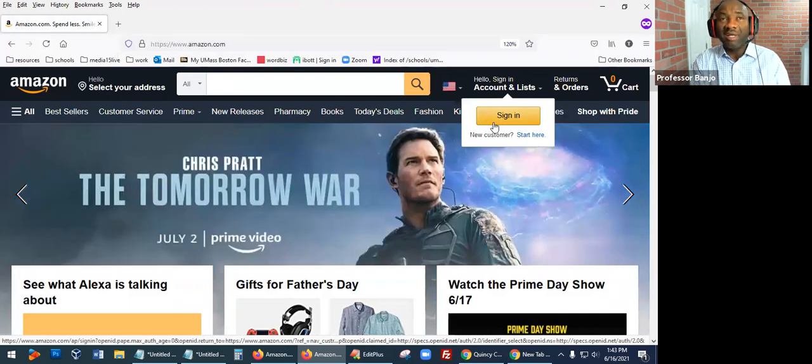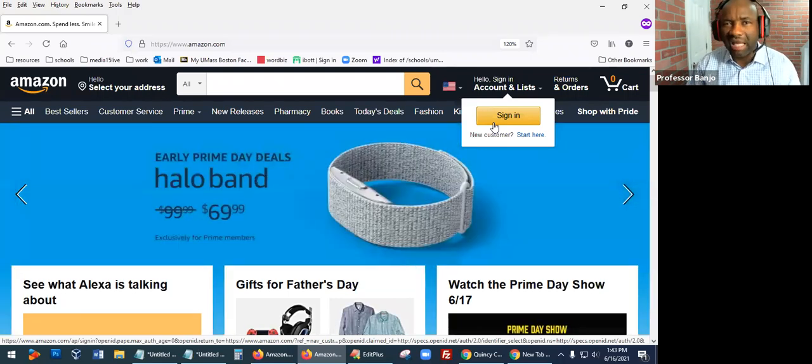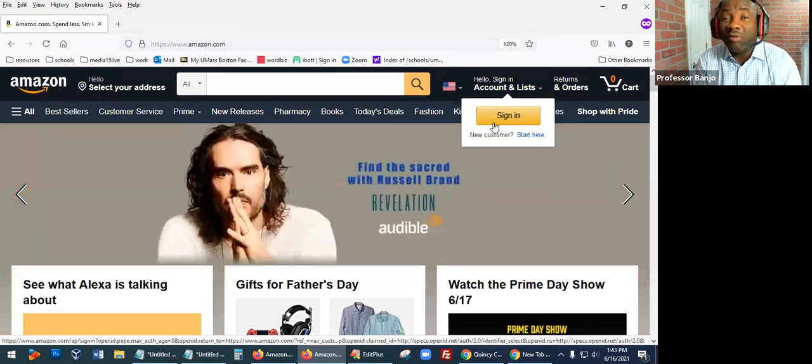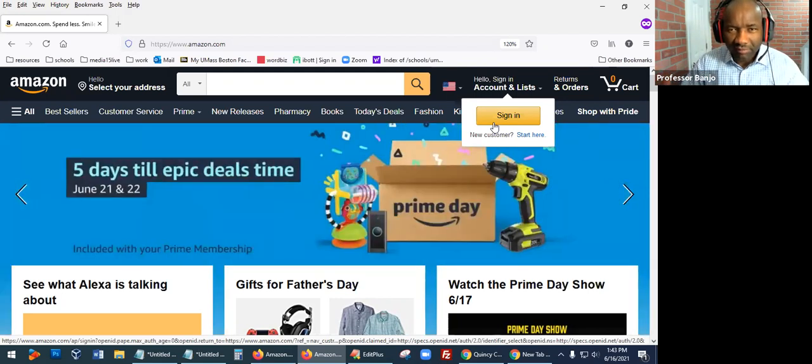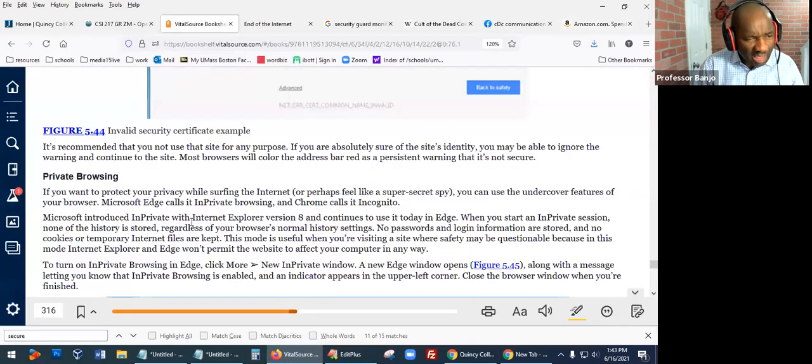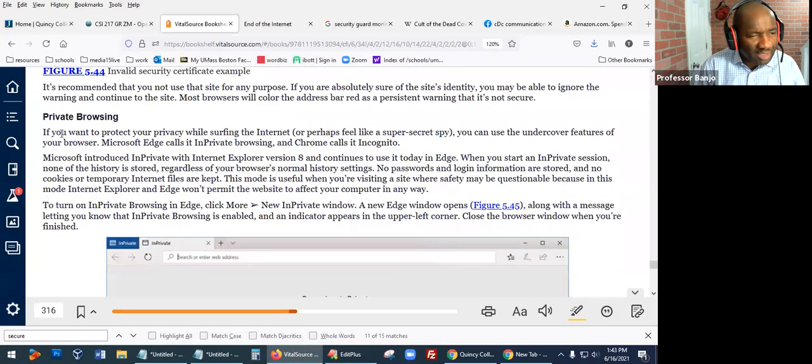So if you want to browse without your information being tracked by all these websites and advertising and all this marketing and everything, you are free to use incognito mode. A lot of times, it's like you're walking around and nobody knows you, in a sense, kind of anonymously, and that's what it says here when we look in the book. It says here that if you want to protect, so right here,